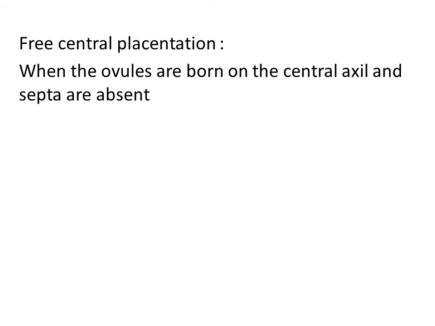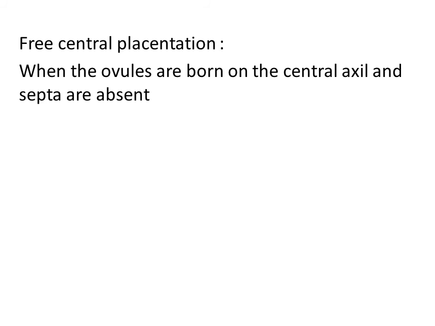But we have seen in axial placentation that the position of the placenta is central, but the ovary is multilocular. So who actually formed the multilocular ovary? Septa, right? Cross walls were present in axial placentation in order to form a multilocular ovary. But in case of free central placentation, there are no septa or cross walls to form a number of locules.